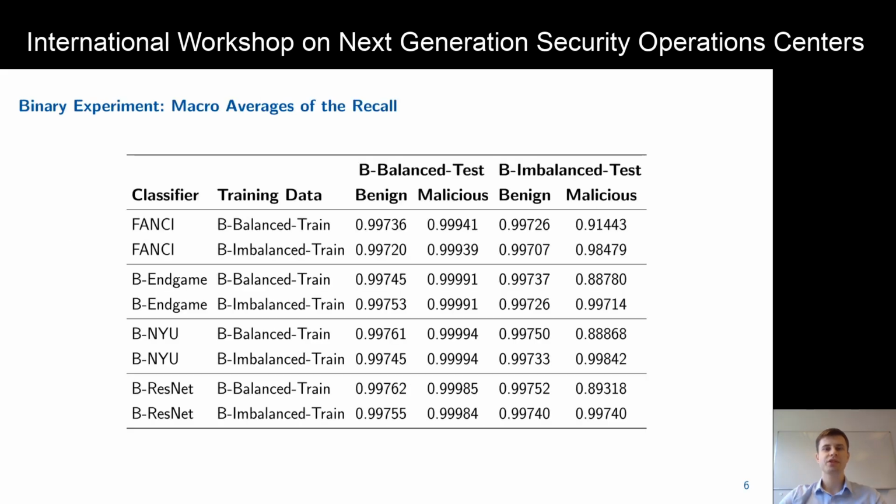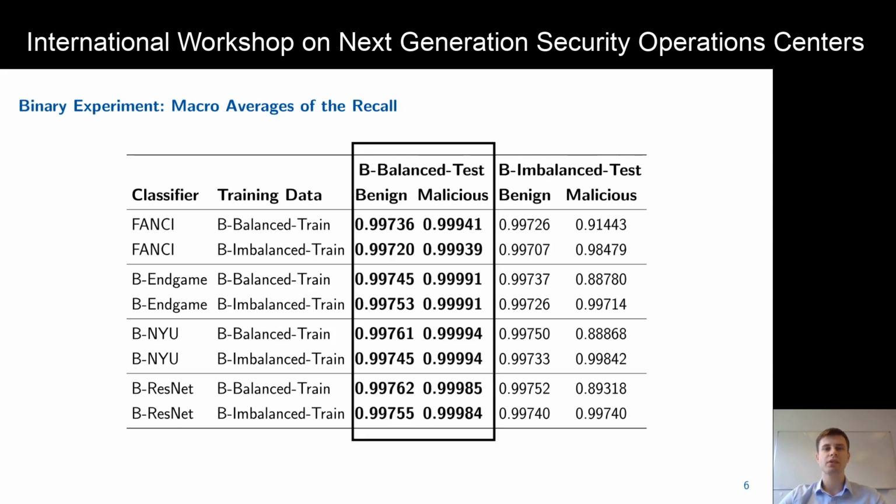Here you can see the average recall for the benign as well as for the malicious class for the different classifiers and combinations of training and testing sets. When prediction is performed on the balanced test sets, the individual classifiers achieve approximately the same scores, regardless of the utilized training set. This shows that the included samples of classes for which only a small amount of samples is known has no significant influence on the classifier's detection capability of DGAs which are well represented.